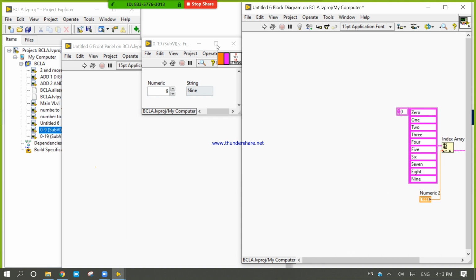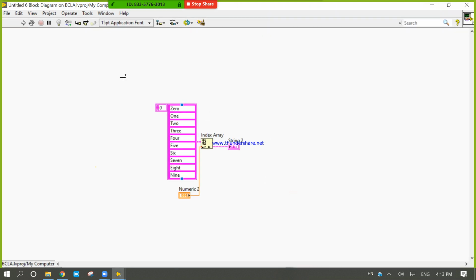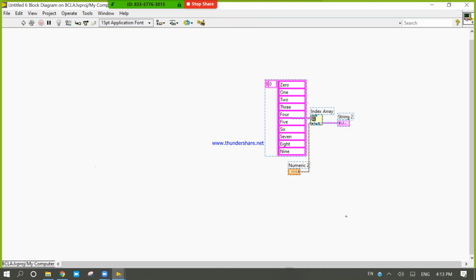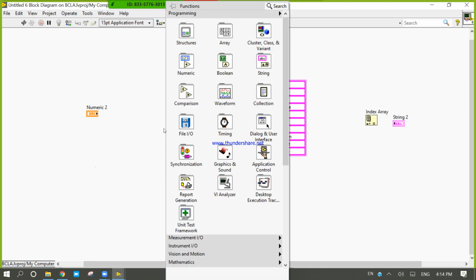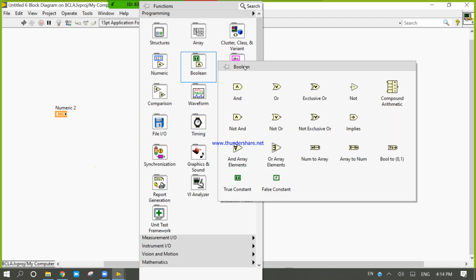0 to 19. Now we can design 0 to 99. How? Look at here. Think it is my insert, delete, control B. From this platform, if I will insert a number,